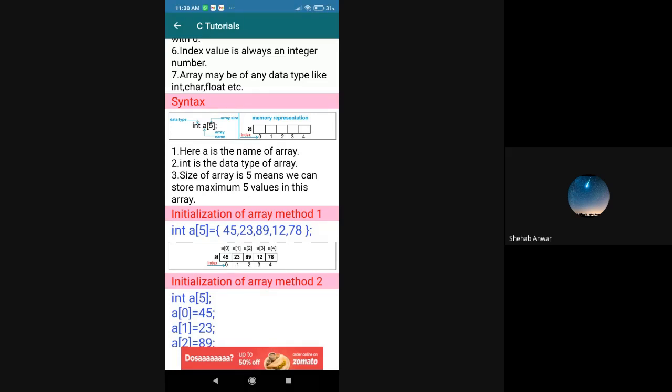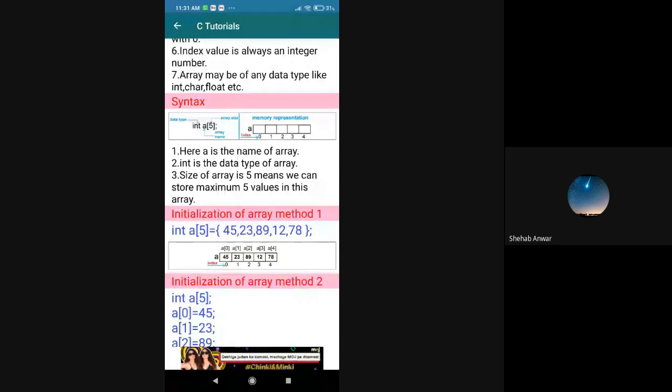So don't say a of 5, because if I want the 78 from the array, I have to say a of 4. 4 is the position, and 78 is the value. It is in the fourth position, which according to that is the fifth block. Are you able to understand this concept? This is very, very important, because the array is one of the important concepts that will store a lot of things in our upcoming classes.